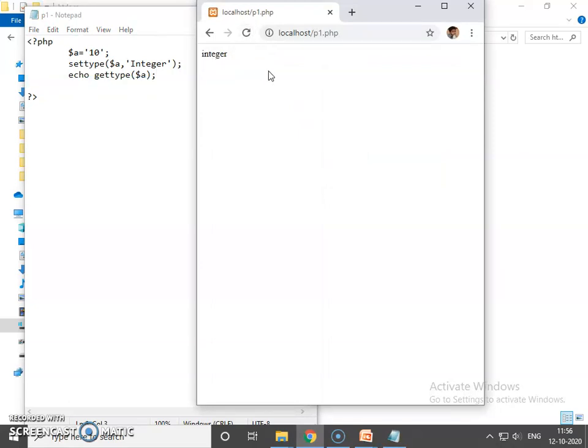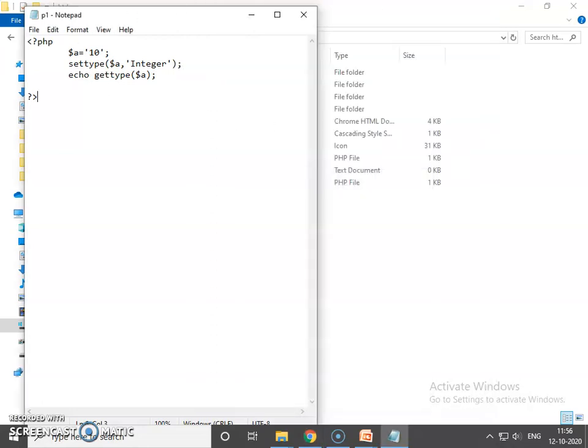So it will return integer. First time $a has string type of data, and second time we are changing the data type of $a to integer, and whenever we retrieve this data type using the gettype function, we will get integer.